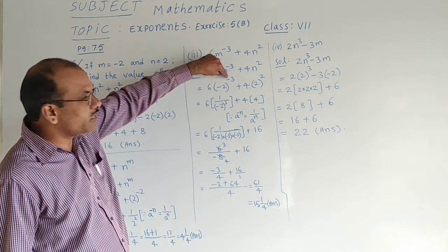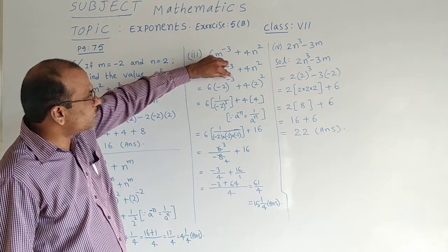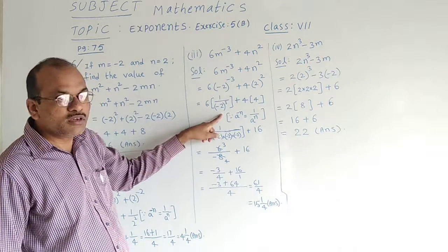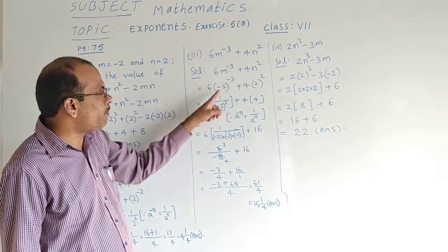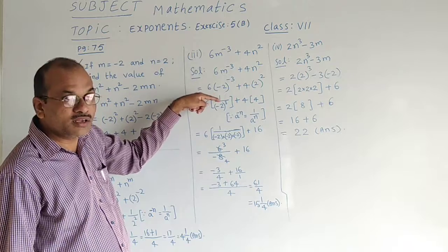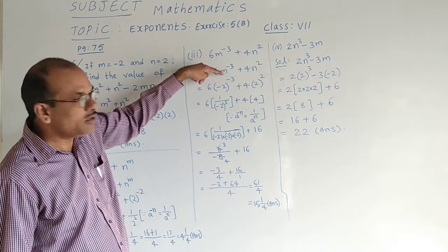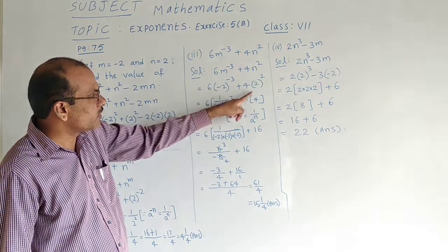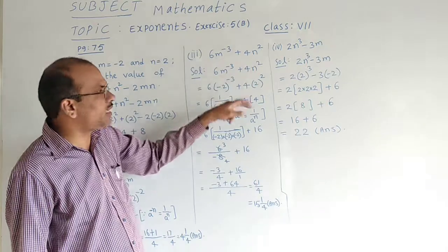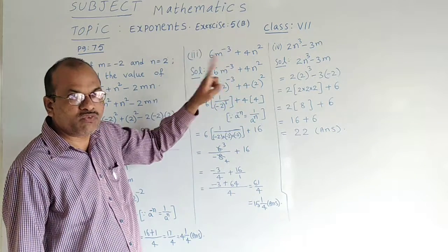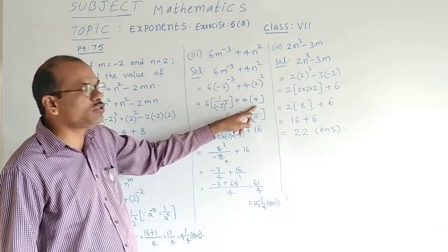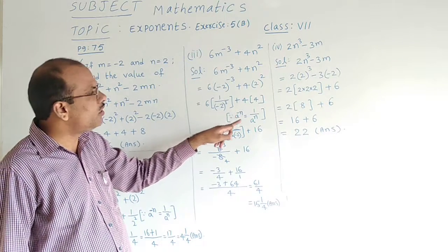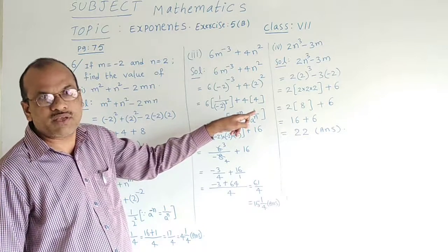Here this number has the power with a minus symbol. To remove that minus symbol in the power, the whole thing we have to bring down to the denominator. 1 by minus 2 whole to the power 3. Here 3 had a minus symbol, but now 3 has a plus symbol. Plus again 4, and in the bracket 2 square, the answer is 4 because 2 should multiply itself 2 times, 2 into 2 gives you 4. That is with the formula a to the power of minus n is equal to 1 by a to the power of n.